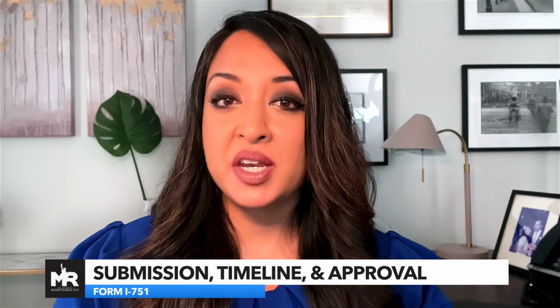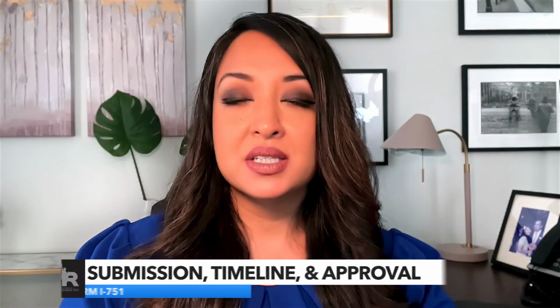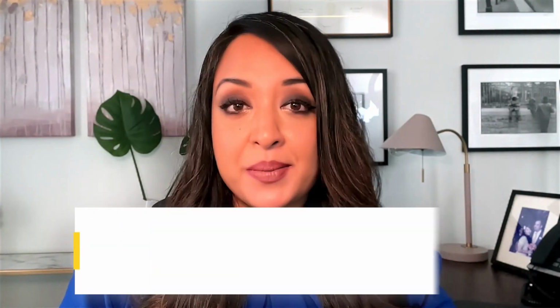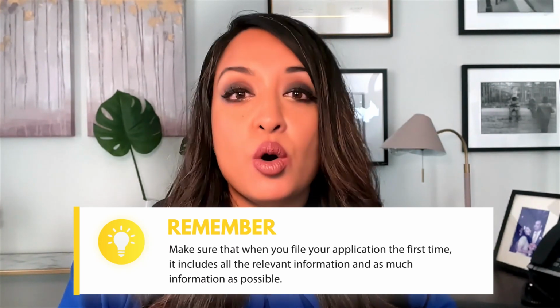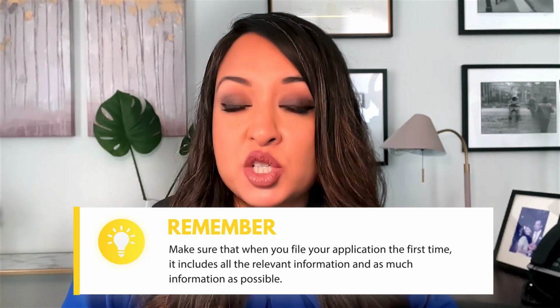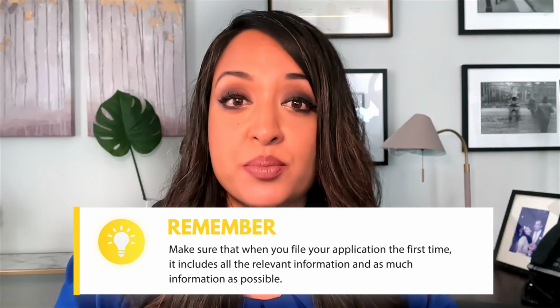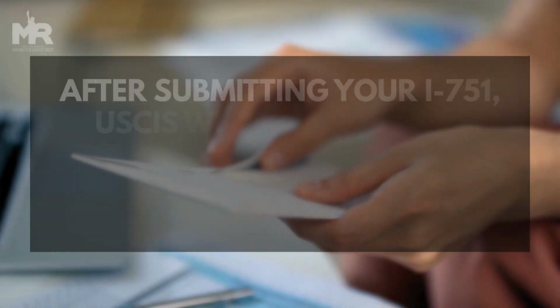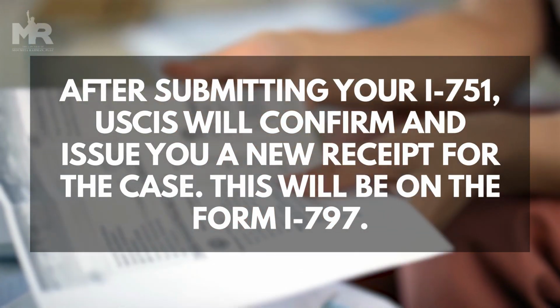Now note, if USCIS receives your application but they need more evidence, they will issue a request for evidence. This can delay the process as it will require more time for them to adjudicate. This is why it is very important to make sure that when you file your application the first time, it includes all the relevant information and as much information as possible, including documentation of your marriage, which is the primary focus of USCIS's application. After submitting your I-751, USCIS will confirm receipt and will issue you a new receipt for